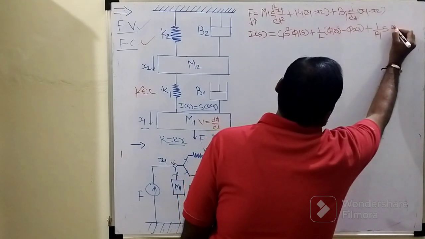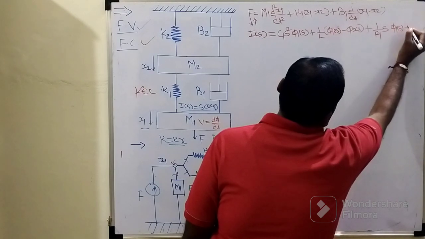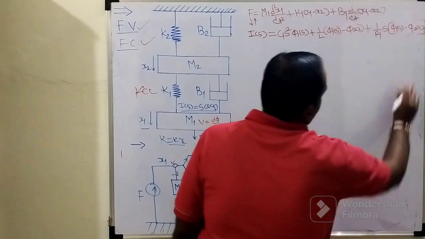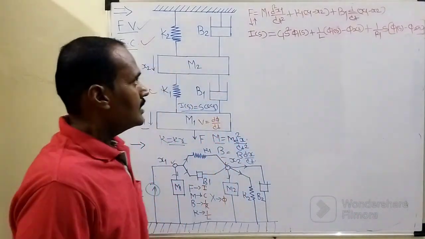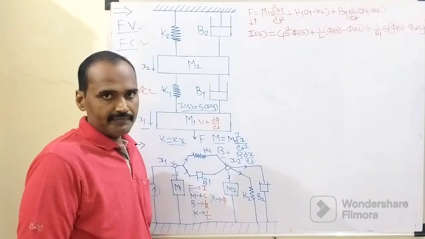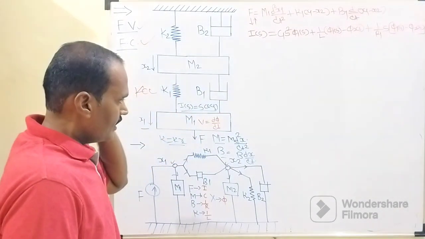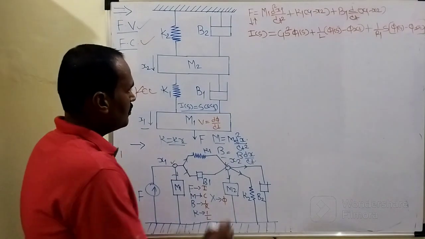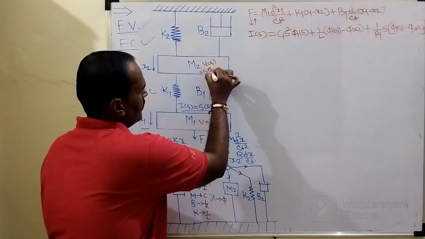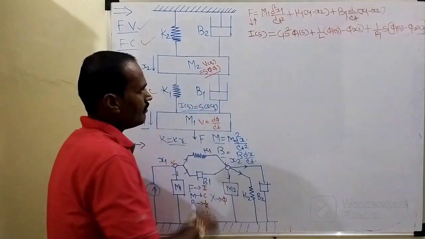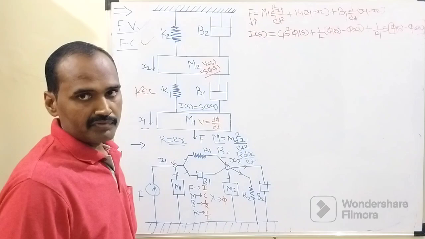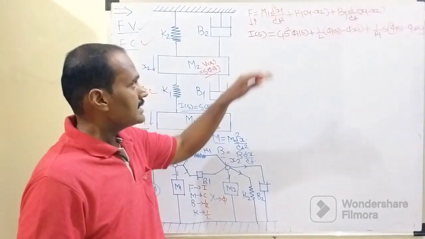X is analogous to phi, so it will become phi 1 of s minus phi 2 of s. I will put this term into this square bracket, right? Then after that, initially this v is nothing but d phi by dt. So when we apply the Laplace transform, it will become V of s equals s times phi of s. So we need to replace this s times phi of s with this v of s in this existing